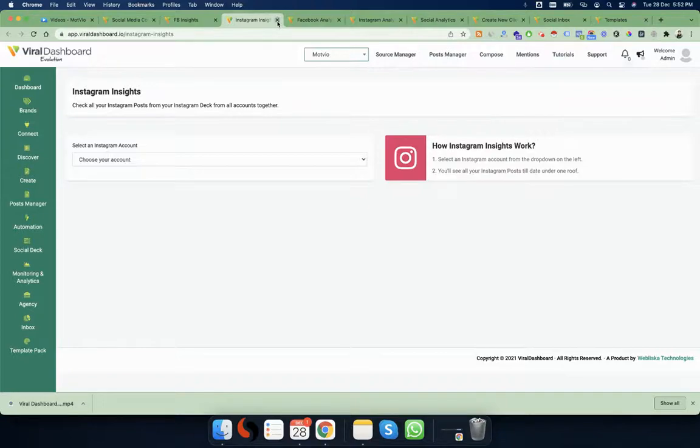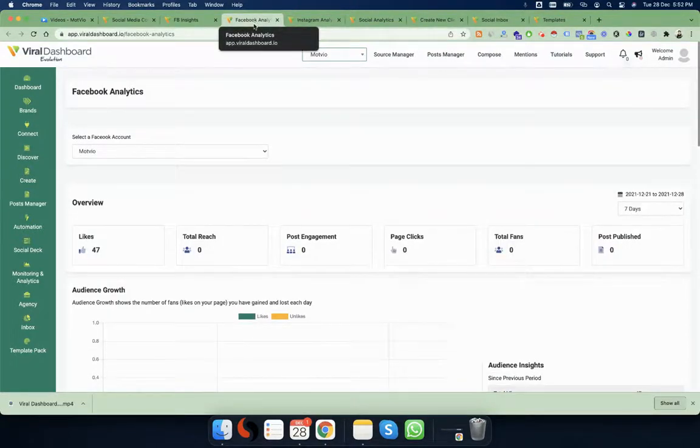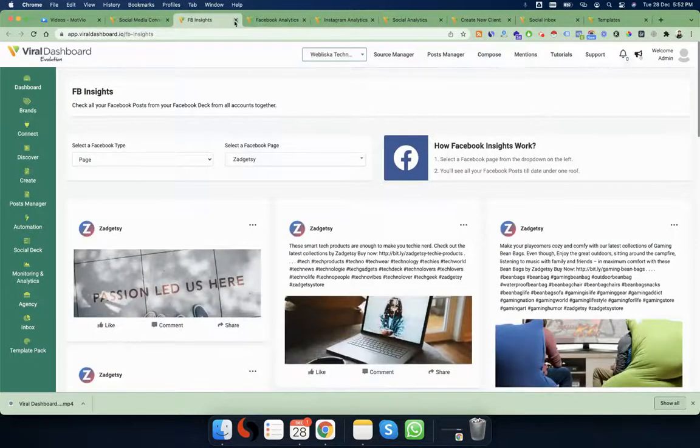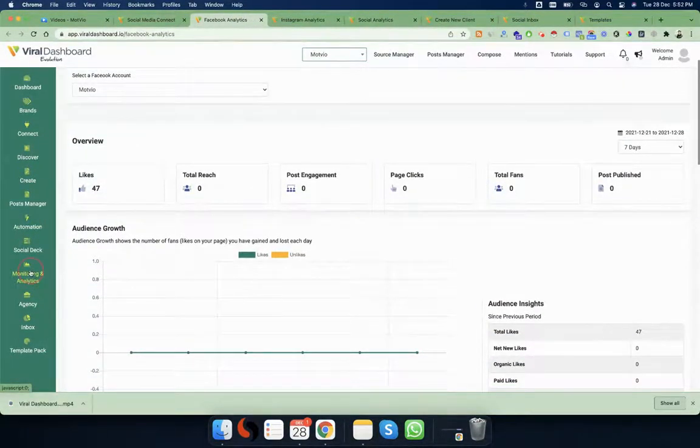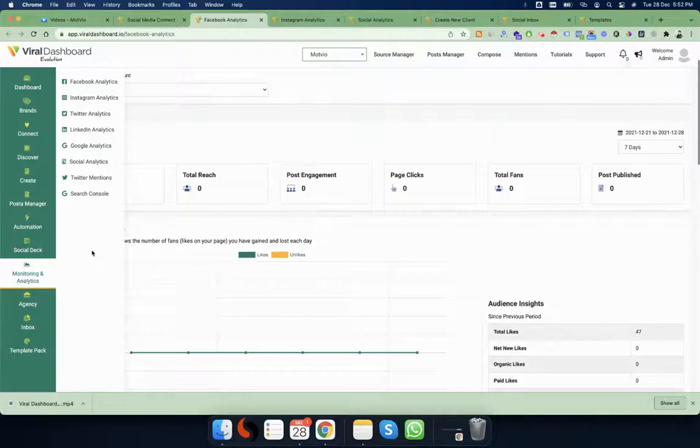So for the sake of the length of the demo, I'm going to skip this part, social deck, so that we can move on to the next one. Now, if you want to monitor your stats, imagine if you own several different Facebook pages, Instagram accounts, Twitter accounts, LinkedIn accounts, Google My Business accounts. It's really a hell of a job to maintain and see all your analytics. Therefore, we have decided to give you this option right here inside,